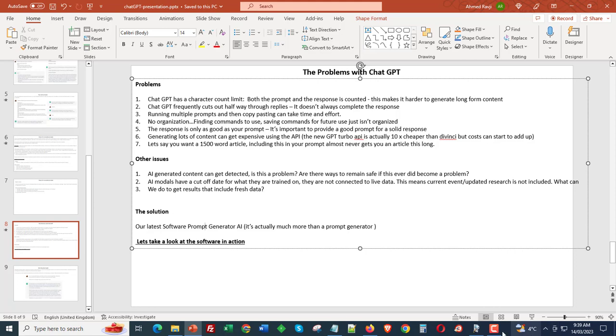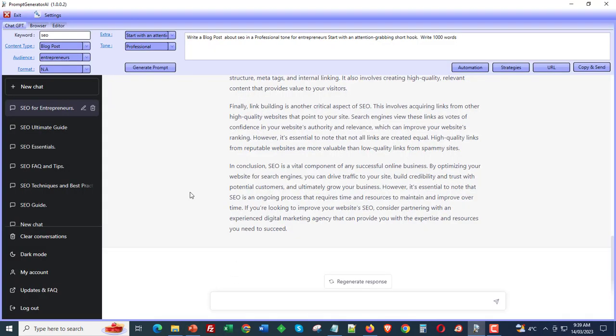Okay, so I'm going to go ahead and show you this now, step by step, to show you exactly how we can work with this. So I've already showed you what we can do here. This is just a prompt generator. It allows you to generate prompts